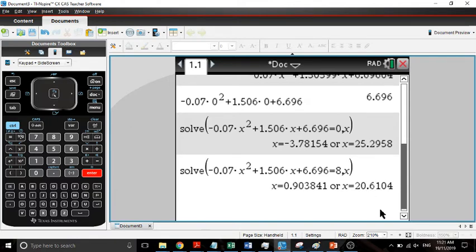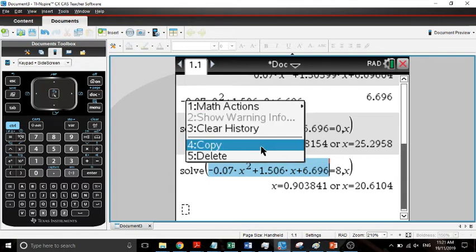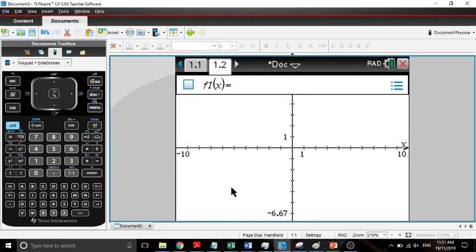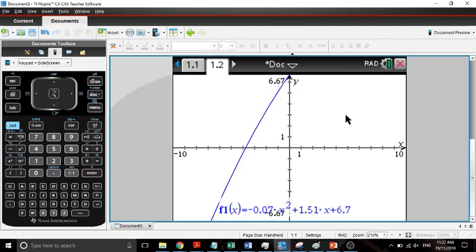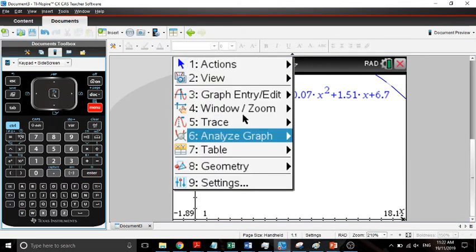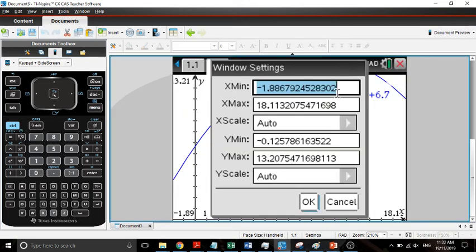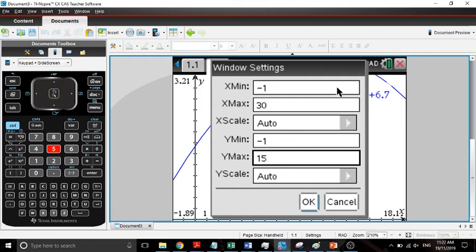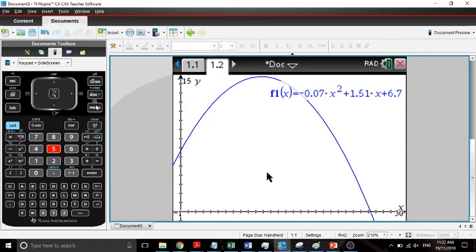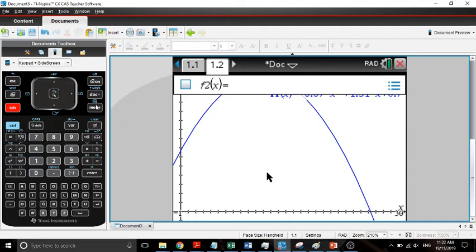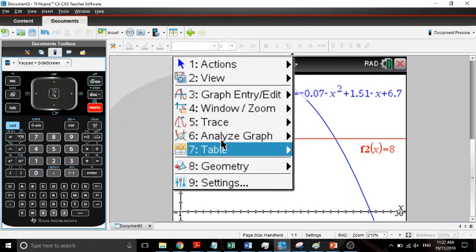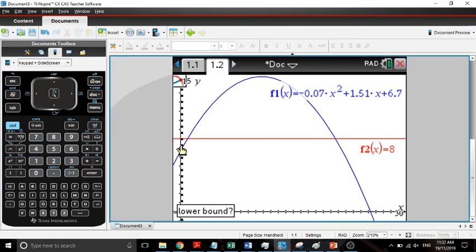Now, like I said, we could have done that by graphing that as well. So we would take this equation and copy it. I'm going to go to a new graph and paste it in. Then I'll change my window settings: x from -1 to 30, and y from -1 up to 15. So there it is. Now I will draw a line at 8, and I'll look to see where they intersect. Analyze graph, intersection, lower, upper,